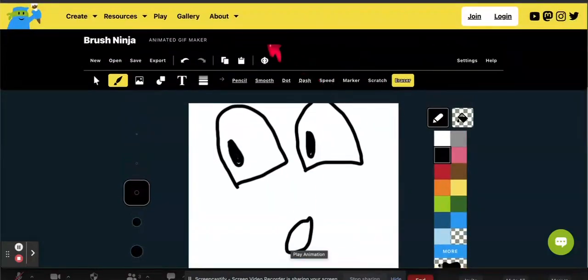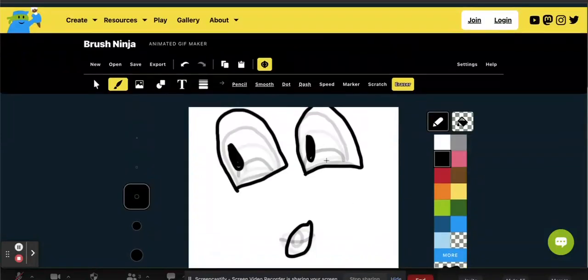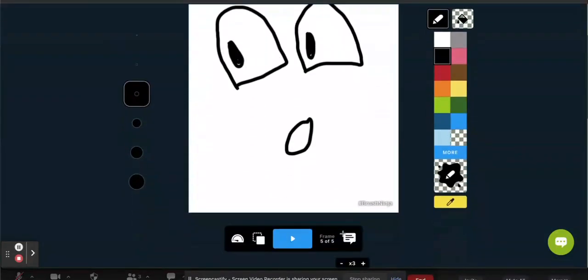new feature called onion skinning up here at the top. It looks like a little onion. In an animation, we call this onion skinning. So with onion skinning, you can see the previous frame. Sometimes it's only 1 frame, but in Brush Ninja, you get to see all of the previous frames. And the further back you go, the lighter the onion will be, like the little onion skin. It's lighter. So I'm going to turn that off just for now so you can see the 5 frames I